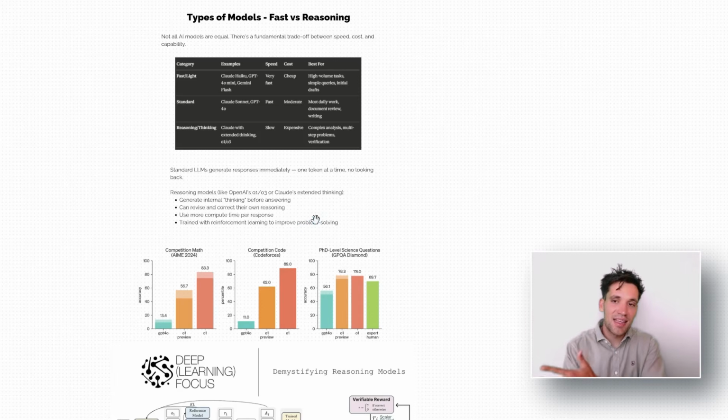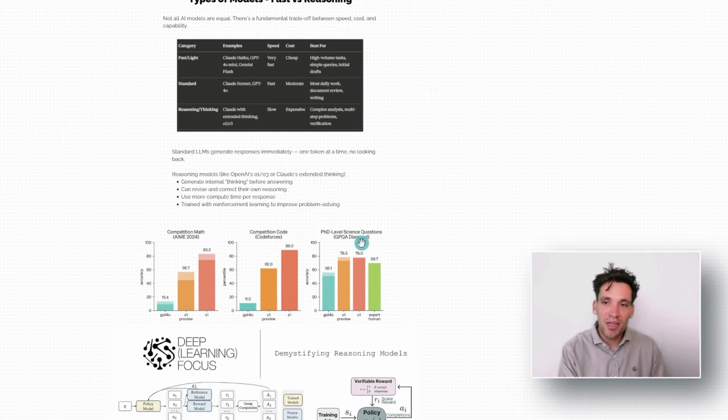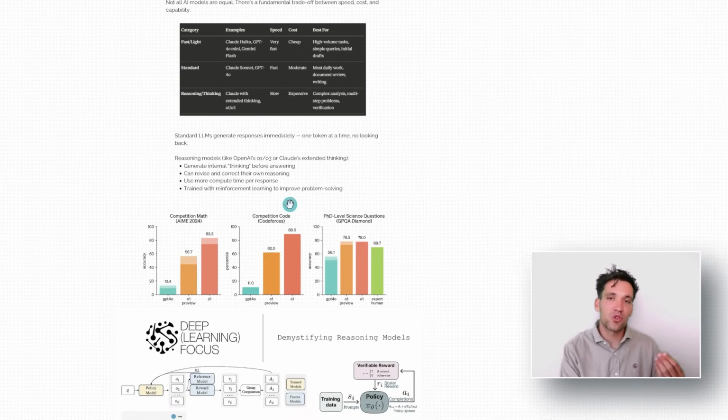They then check their answers, revise them, improve them. They use much more computation. They take longer to respond, but they're much better at complex problems. And they go through this additional training cycle called reinforcement learning, where experts actually look at problems or give them